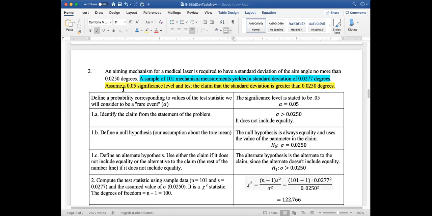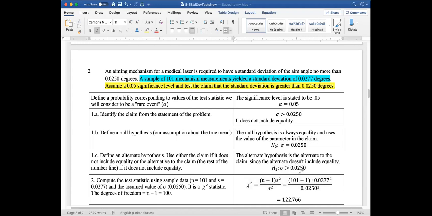So in the yellow area, I see we have a significance level of 0.05, so that defines alpha for us. And then the rest of it says test the claim. So here we have a claim that standard deviation is greater than 0.0250. So sigma is greater than 0.0250. The null hypothesis, which is our assumption, is always equal. And then since the original claim did not have equality in it, the alternate hypothesis is going to be the